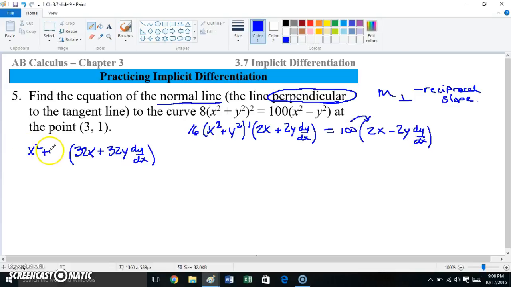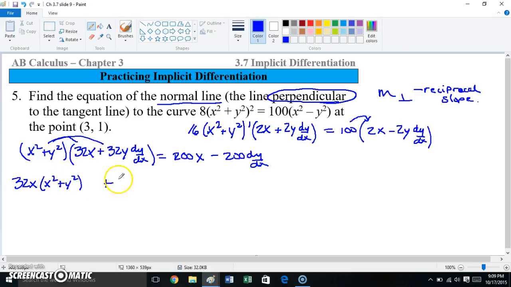And then times x squared plus y squared equals 200x minus 200y dy/dx. Again, I've got to distribute this. So 32x times x squared plus y squared plus 32y times x squared plus y squared dy/dx equals 200x minus 200y dy/dx. Let's move the dy